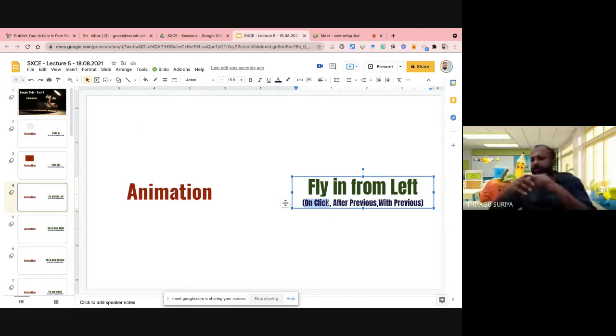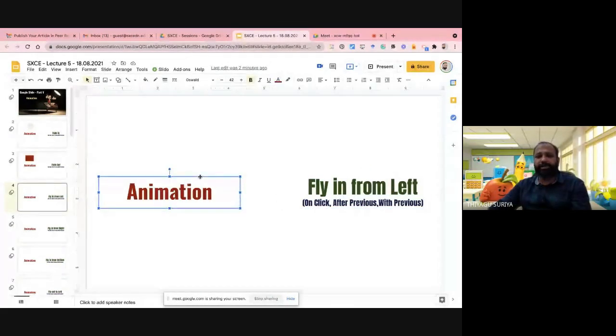It depends on the content, and you have to fix it accordingly. Sometimes you'd like to focus on each point one by one and control the points; then you can go with click mode. Suppose you'd like to show the entire content immediately and give the lecture afterwards; then you can go with After Previous or With Previous. As you like, you can fix the animation effect.